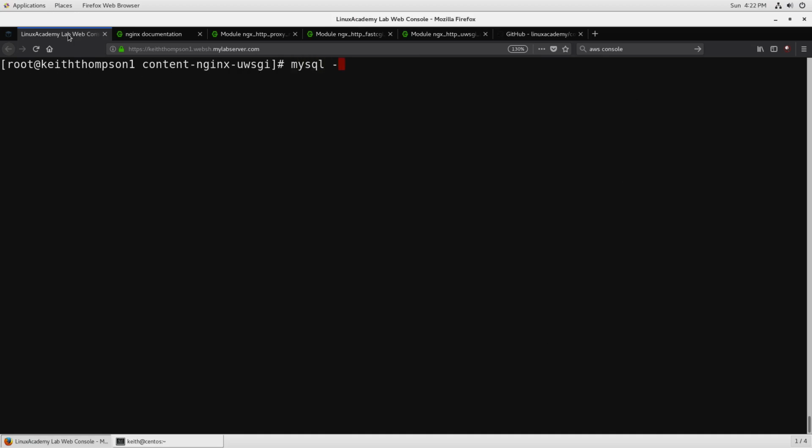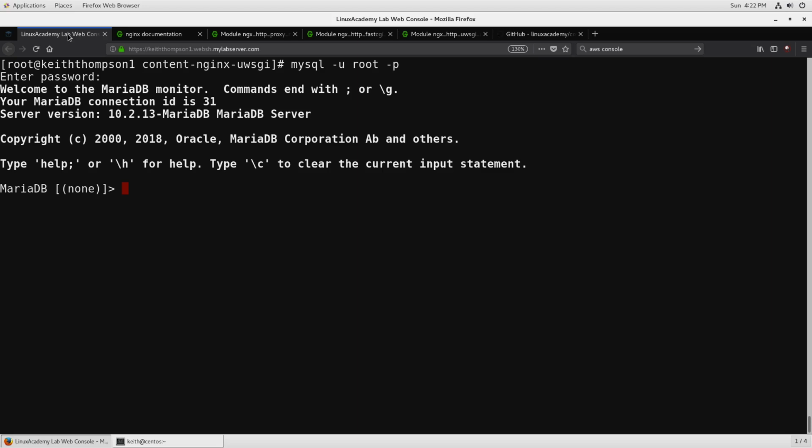And we do need to create a user in our database. So we're going to do mysql -u root, and then it's going to ask for our root password again. We're going to do basically the same thing we did before, except for now we just need to set something up specific for our notes application. So we're going to use create database, and this is going to be called django_notes, and then grant all privileges